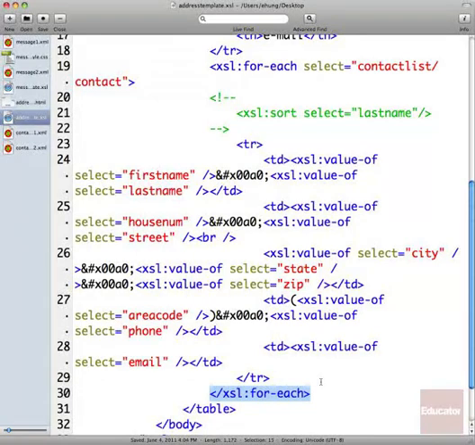So basically I'm saying for each contact record in my database, I want you to spit out a table row that includes all this information. So rather than having to worry about using CSS to style each different element and place it exactly on the screen, I'm just going to generate a web page and plug in my XML data. We can see this in action